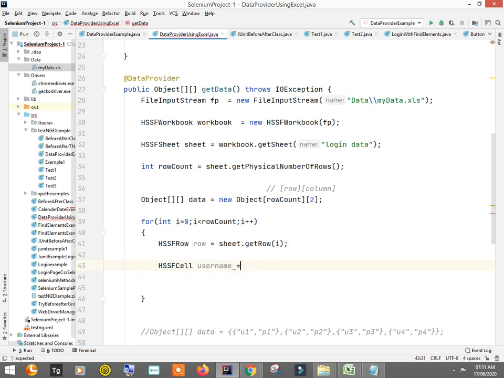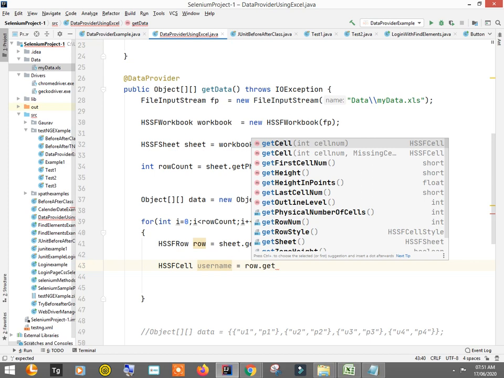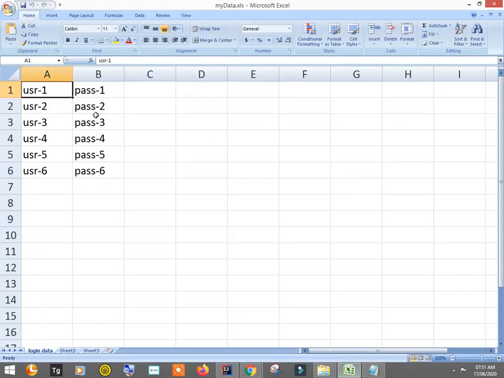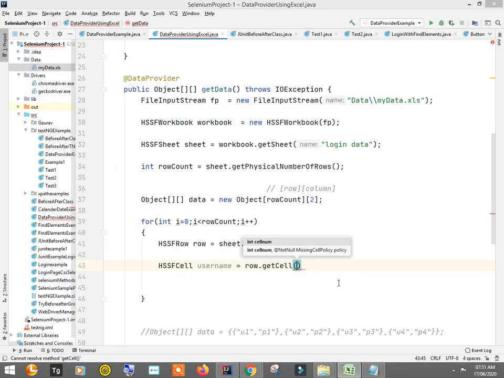This cell is from this row, so row dot getCell, and put the index of it. What is the index of this first cell? It is 0, right?